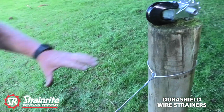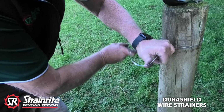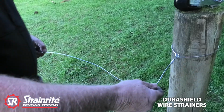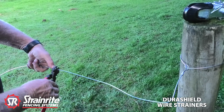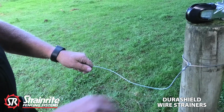To get the distance out from the post, we put our hand on there with the thumb out, bend it round. If you do that on each wire, they all end out the same distance from the post. Then cutting this, because that's a large insulator, we make it a little bit longer. So do about 400 or 16 inches. Put the cutters right on there, cut through,